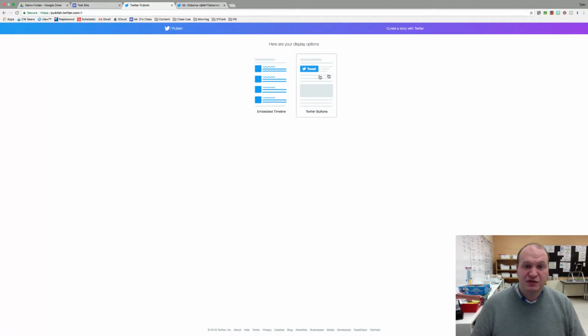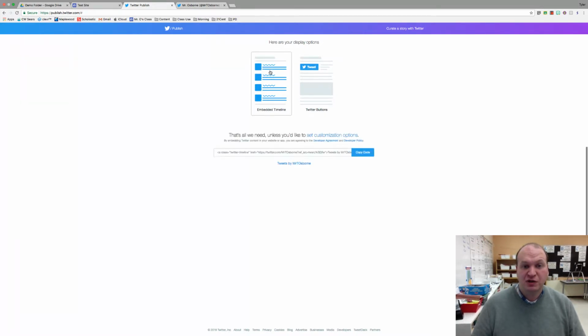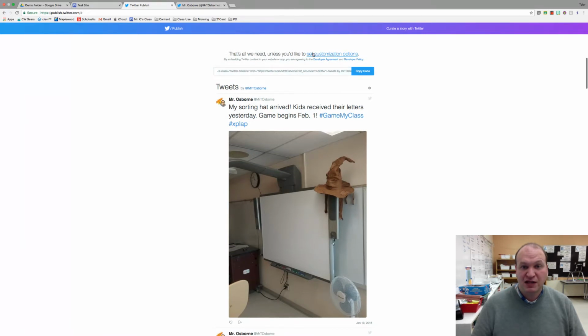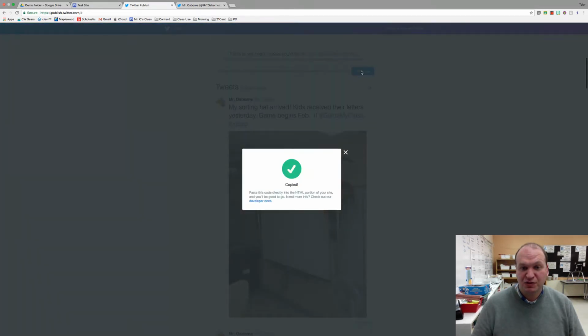And then next it's going to give you some different options. Like if you want to have people tweet right from your website, you can do that. Or if you want to embed the timeline, which is what I want to do, you click on Embed Timeline. And that's all that it needs, and you just copy the code. And it's pretty easy like that. It does give you that preview of what it would look like,